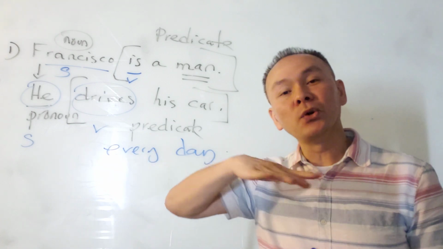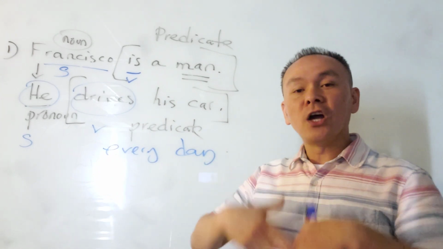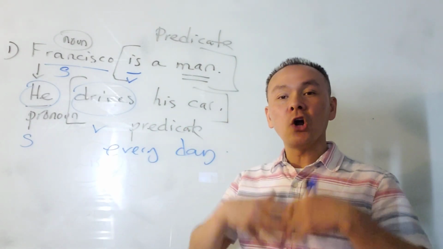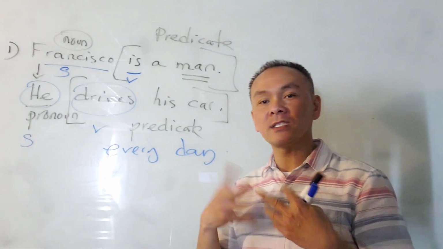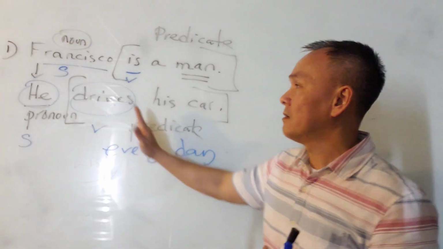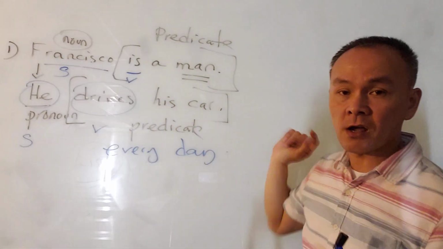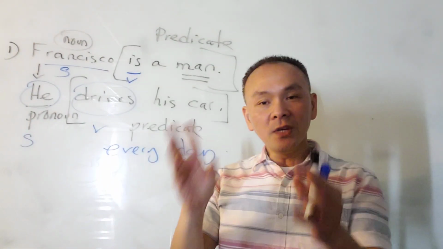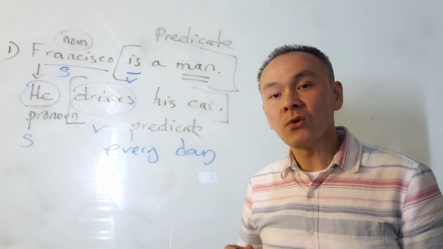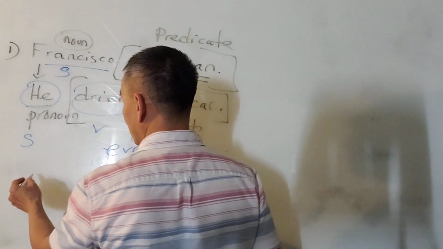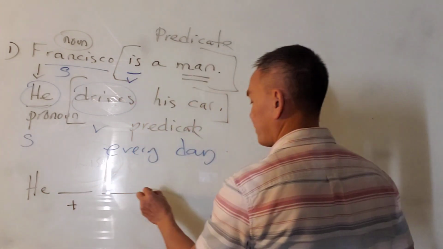It's in the present moment, but it happens routinely: on Monday, on Tuesday, on Wednesday, on Thursday, on Friday, on Saturday, on Sunday. Every day, Francisco, which is he, drives his car. Now, we are going to change to present progressive, which is right now. So let's change this. So he